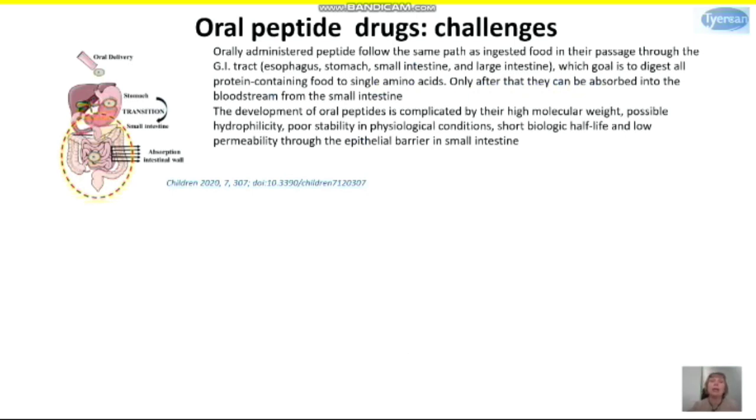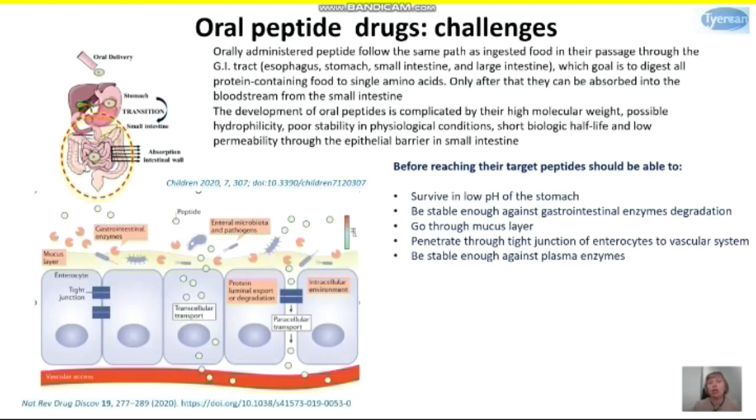When our peptide drug enters the gastrointestinal tract, it is considered as food. So the main function of the gastrointestinal tract is to digest our peptide to single amino acids so that these amino acids can be absorbed from the small intestine to the bloodstream. So before our peptide reaches its target organ or target tissue, it should survive the harsh environment of the stomach with low pH and high levels of all kinds of peptidases, and then go through mucus and through tight junctions of enterocytes to reach the bloodstream. And even then,